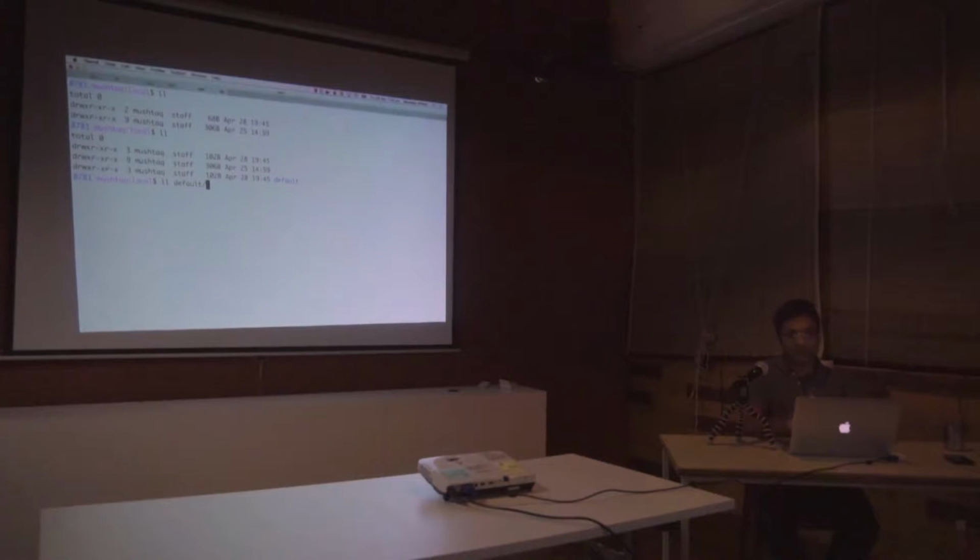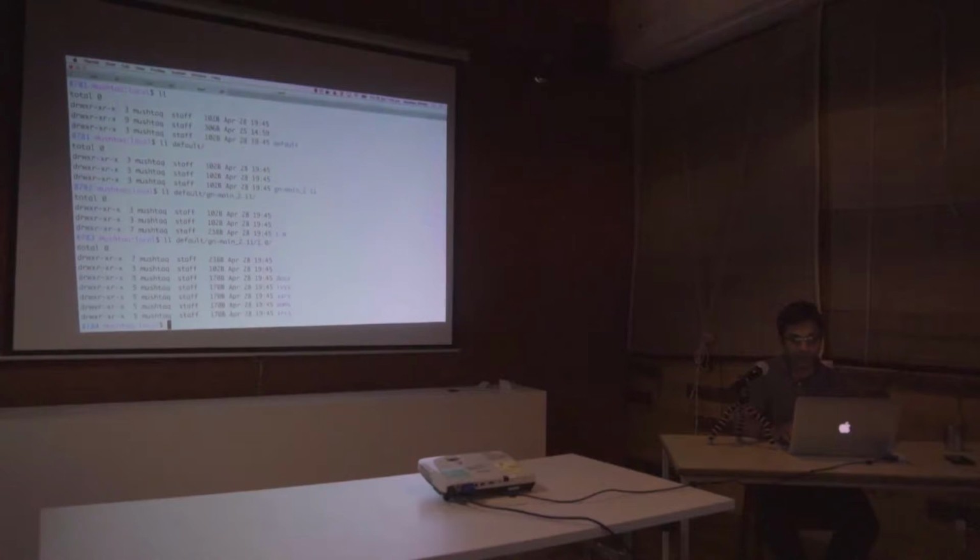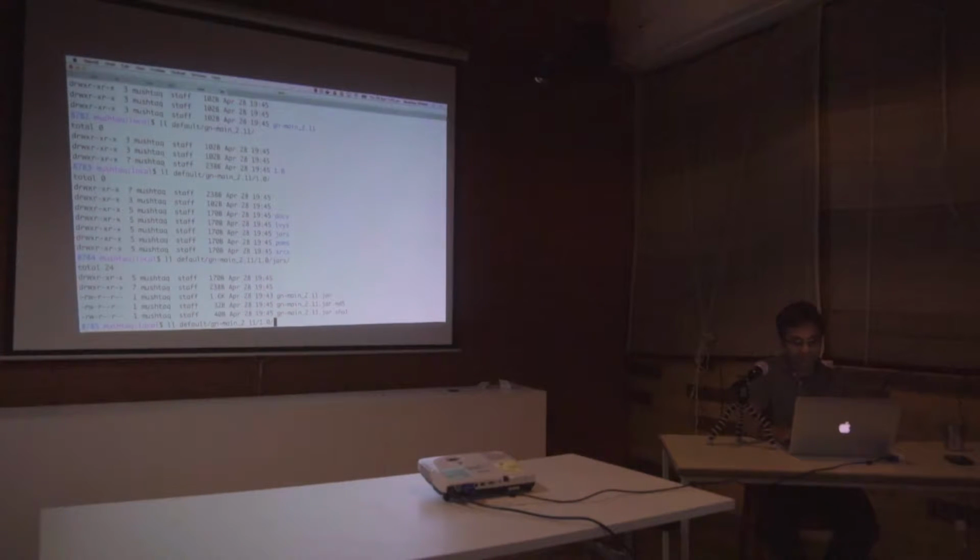Currently naming is default because something is missing. We'll see what is missing. And it has the artifacts inside this folder. The version is 1. And then if you go in the jars, you will see the jar. If you go in the src, you will see the source